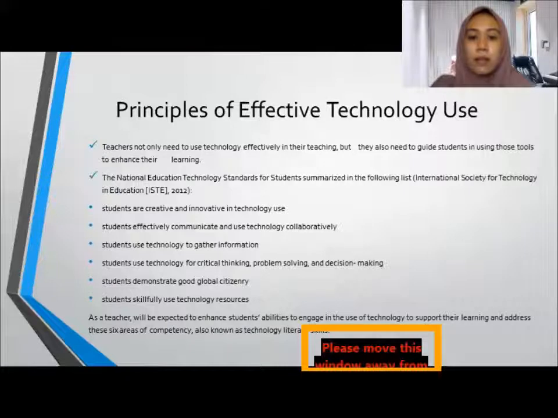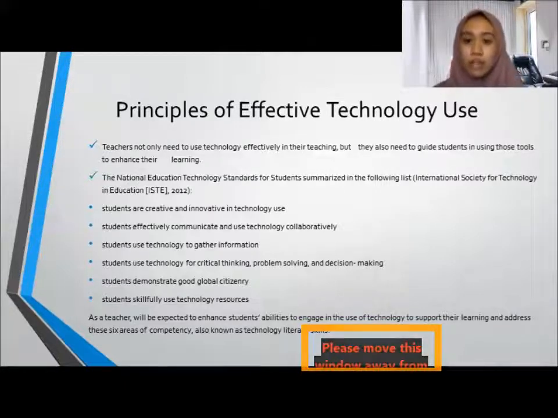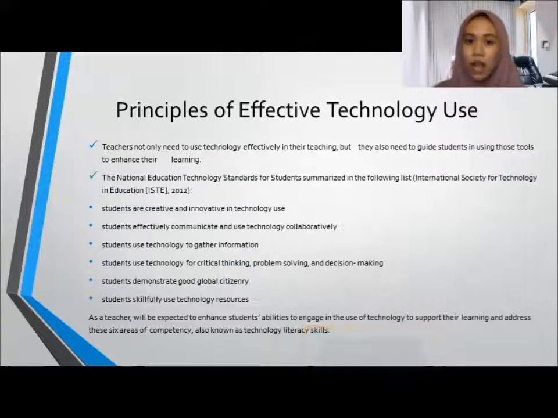Next is the principles of effective technology use. Teachers not only need to use technology effectively in their teaching, but they also need to guide students in using those tools to enhance the students' learning. And then, according to ISTE